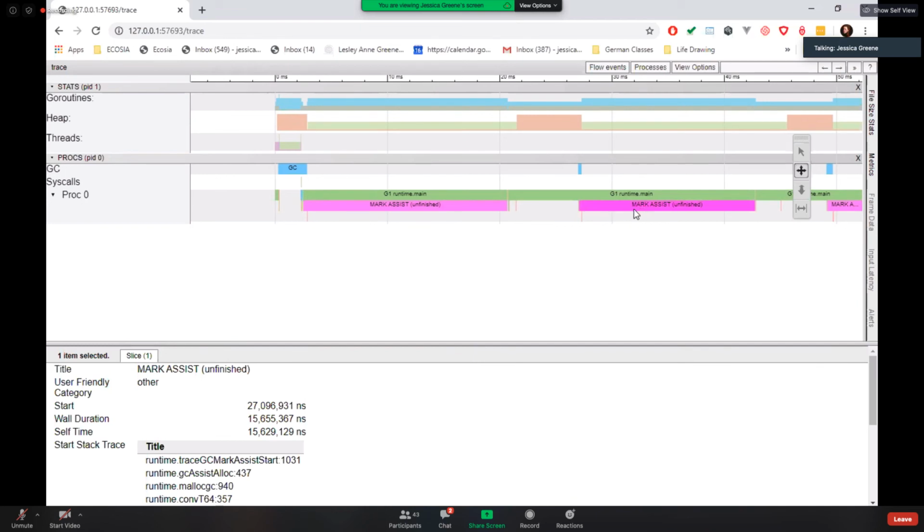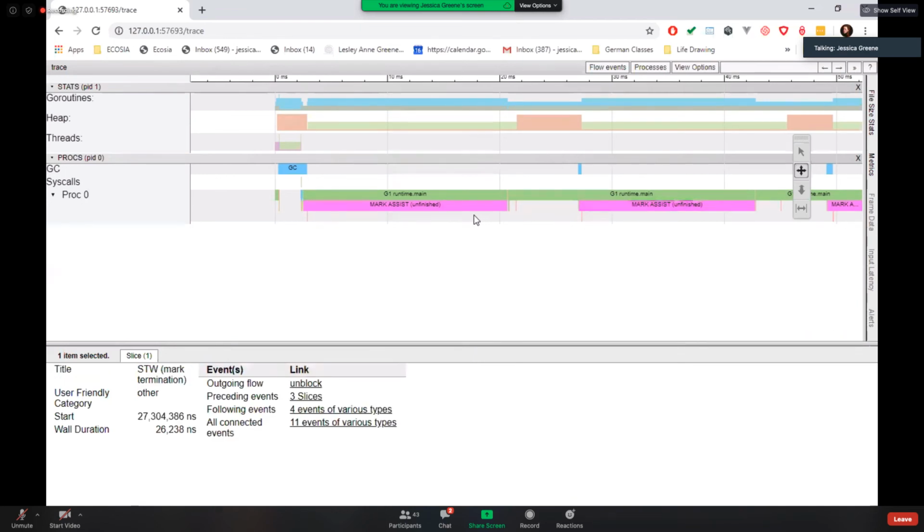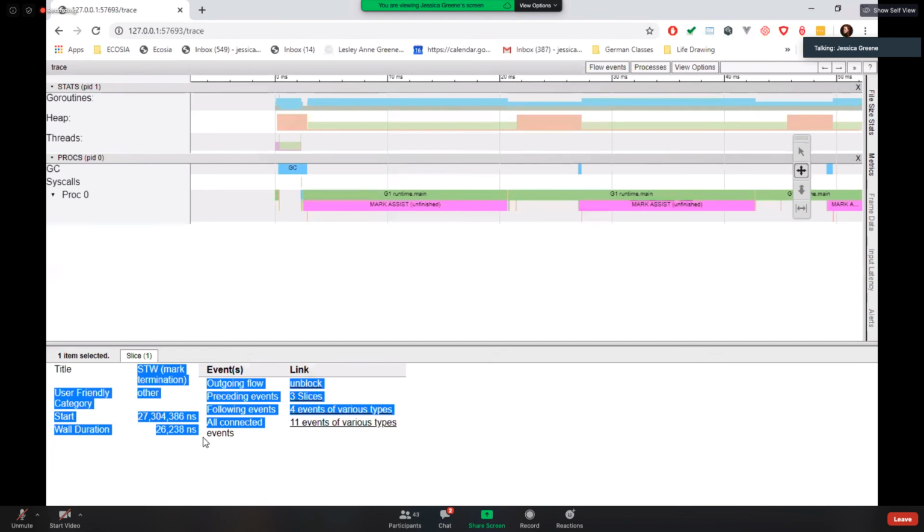The mark assist you can see very well, but I wanted to try to find the one that is running the other parts of the collection. So here down the bottom, it's giving you an indication of what's going on and more information of when it's starting, when it's stopping. This is also similar to what we saw in the command line output, but I think it's a lot more understandable from here.